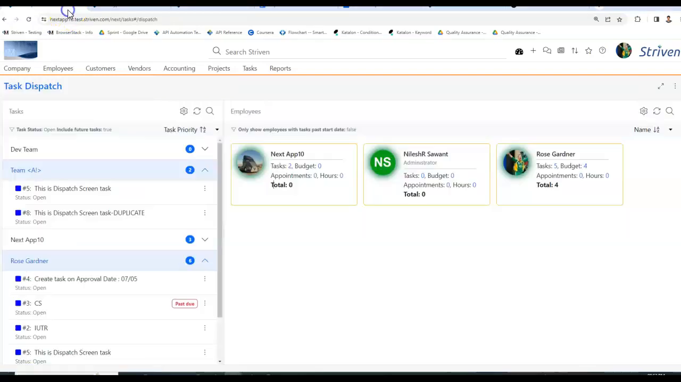Hi Sanjog. So this might not be the relevant case with what we have developed for the dispatch screen, but just wanted to confirm once. So basically,